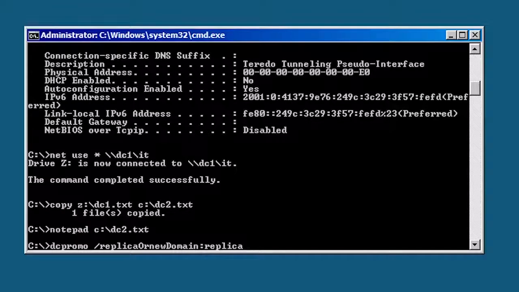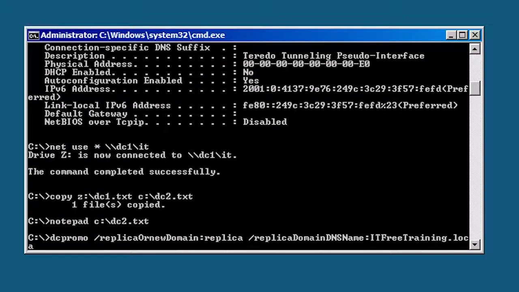This tells dcpromo that this additional domain controller is in an existing domain. Like the text file, I will add /replicaDomainDNSName: and the domain name itfreetraining.local. The next switch I will add is /confirmGC:yes. I did not change this in the text file as it was already present. What this does is make the domain controller a global catalog server. I will cover global catalog servers in the next video, so don't worry if you don't understand how they work